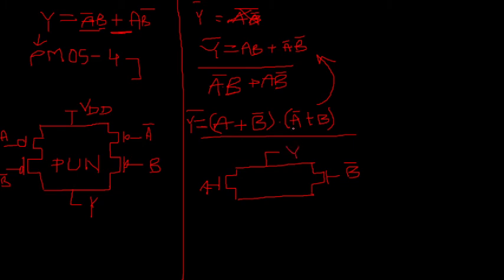And what is the other set? It is A bar plus B. So again we will connect two NMOS in parallel. It will be A bar and this is B, and together there is a dot sign in between, that means they will be connected in series. So we have connected them in series, and the pull down network is always connected to ground. So here you see, if you connect these two networks, you are getting the implementation that is dual in nature.